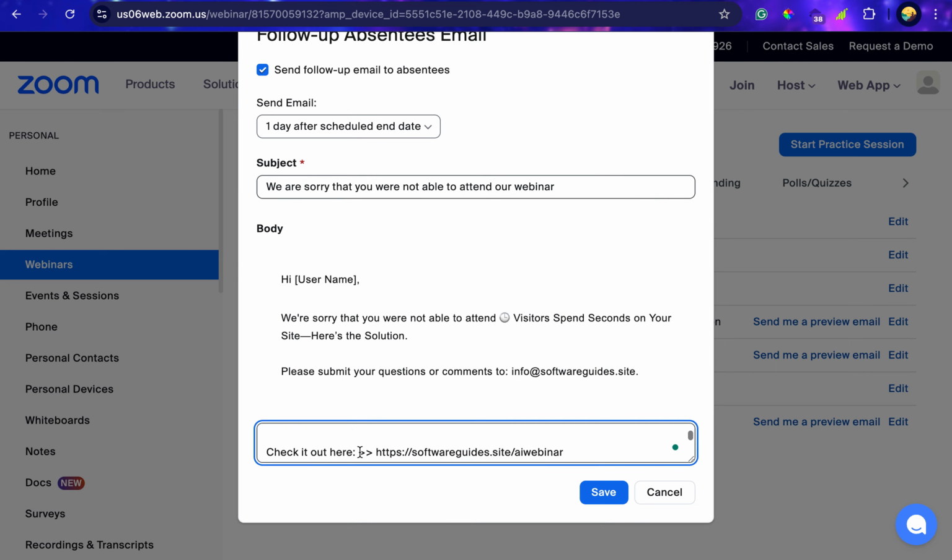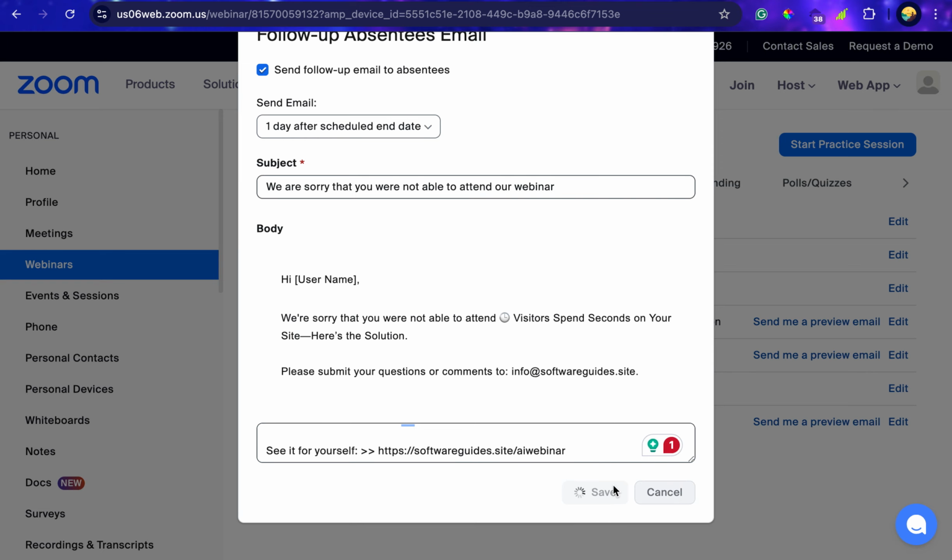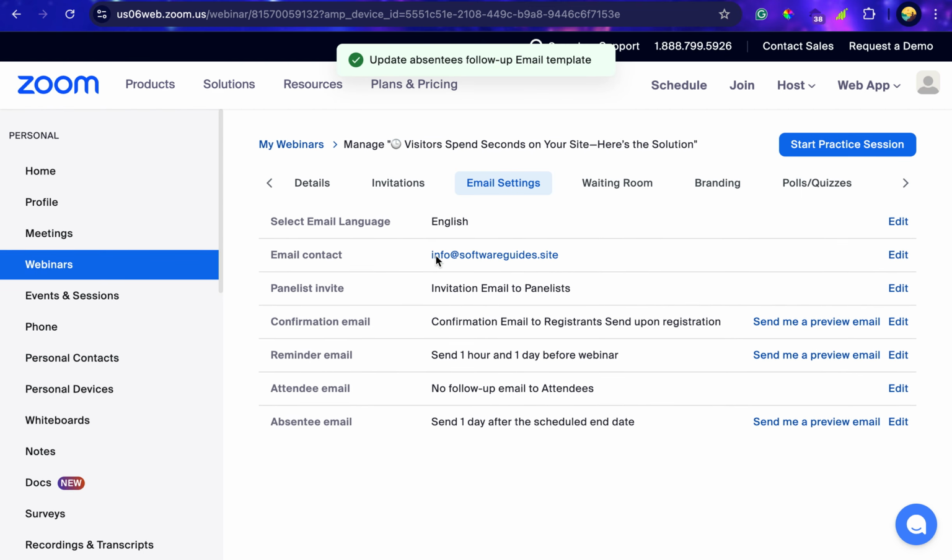You can edit the copy so that Zoom automatically sends this message to your audience, and you add your link. So with this now, Zoom will send basically 3 emails for you: 1 day before, 1 hour before, and 1 day after. Now with this, you know how to add links to your Zoom